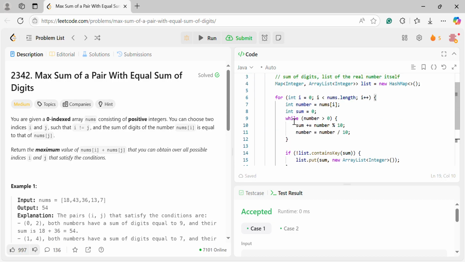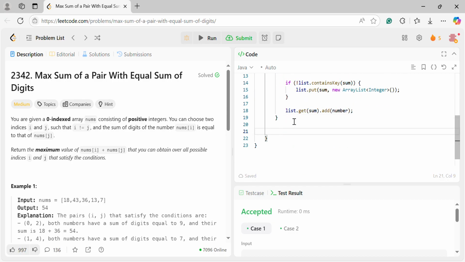So we are going to iterate the map, and we are going to keep track of the maximum number. So for Map.Entry of Integer, List of Integer, and then list entry set,